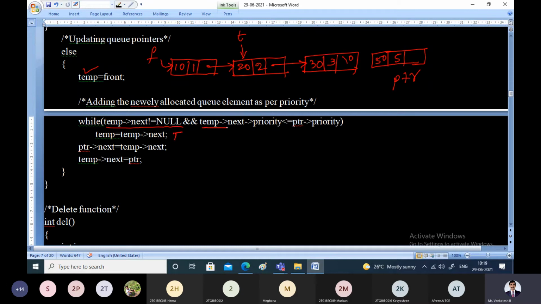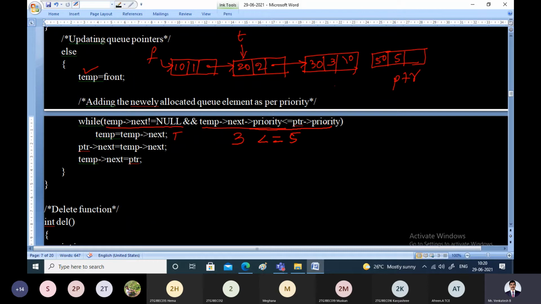Then check the next condition: temp pointer next node pointer priority. What is its priority? 3. Is it less than or equal to PTR pointer priority, which is 5? Yes, 3 is less than or equal to 5. Both the conditions are true.